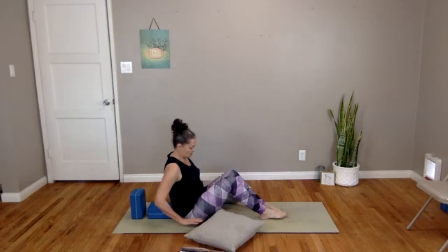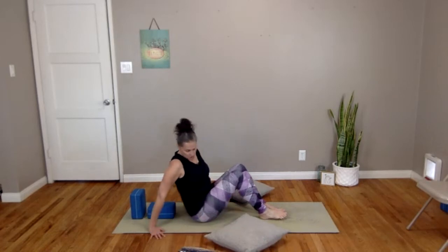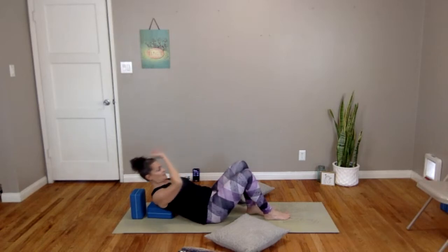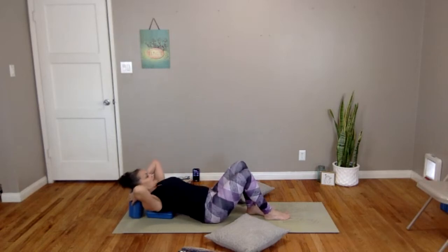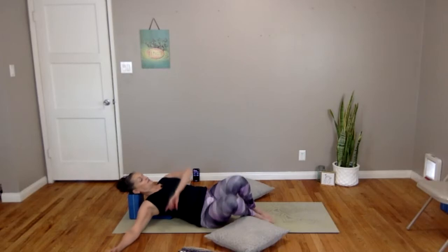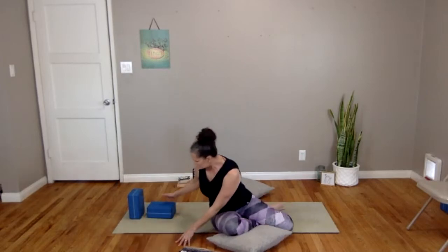All right. So I'm not going to do the leg part because I want to show a lower block for your upper back, bra line and up, and then whatever height for your head. And the arms, oh, this is so nice across the chest and the front of the shoulders. Okay, if blocks are not your thing today,